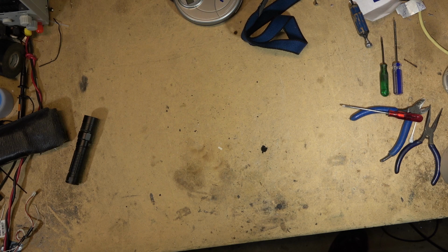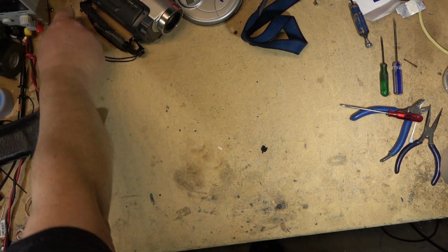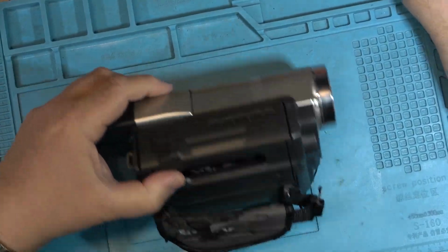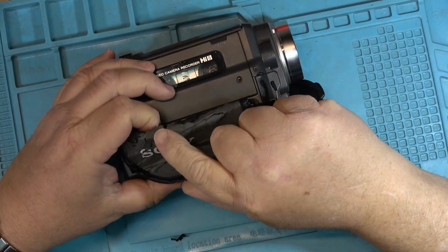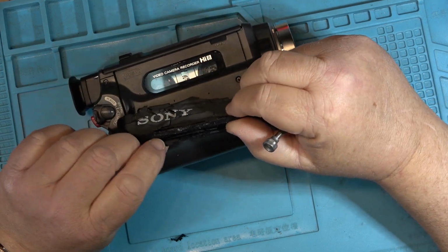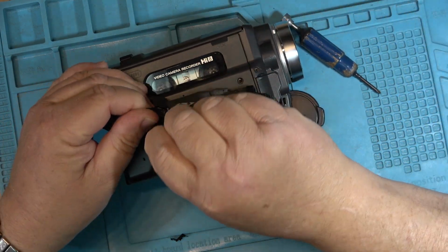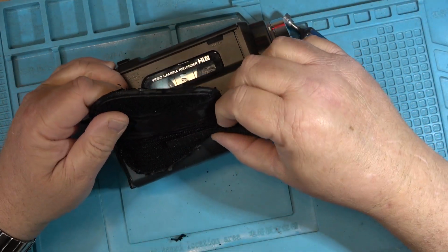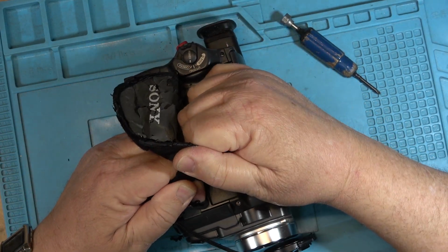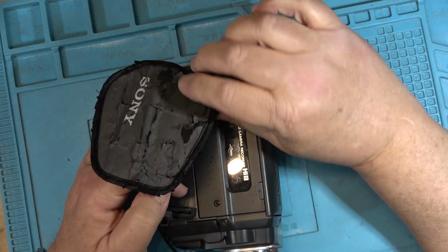I'm just going to get something on the bench to protect the camera. This one's in pretty good shape, and this one's likely going to be one that I'm going to sell after I'm done here. So I'm going to start by opening the camera up. Good old hand straps. These all fail. Sometimes it's to the advantage just to remove this because this is all going to flake off and get all over the place. So generally what I do on these is I remove the back, just leave the strap. We can cut this and remove this part of the strap that's become very...